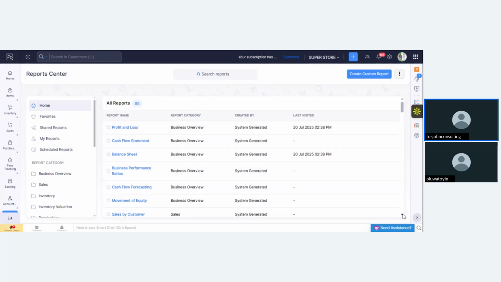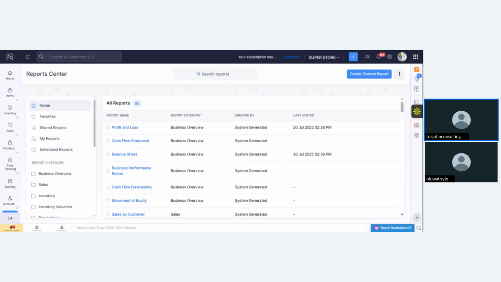Forecasting is loaded. There are some things that we would spend hours to do, but accounting software will just give you on a platter of gold. That's why, for businesses that are not using accounting software, I just shake my head. Some of them say it's too expensive. Imagine you are paying 300,000 for a whole year on an accounting software that will give you peace of mind, knowing everything that is going on in your business, so you take informed decisions that are healthy for your business. And someone says it's too expensive. I just shake my head.